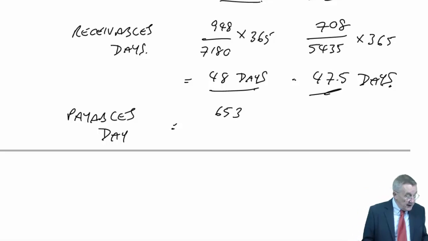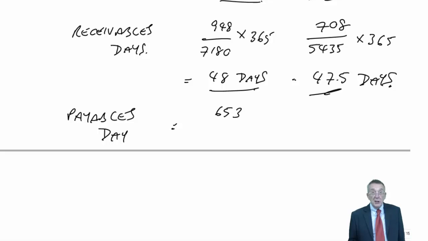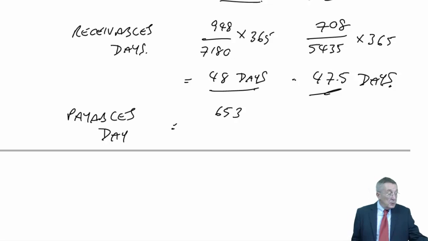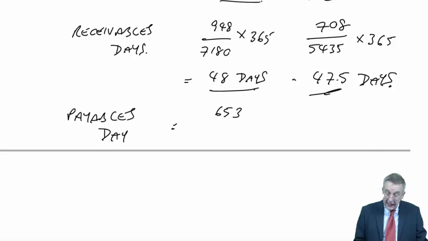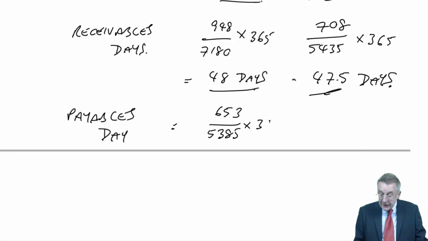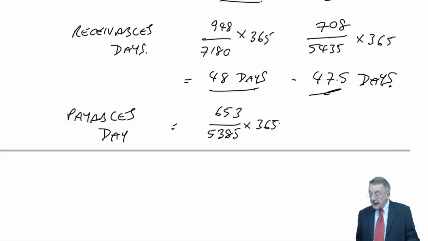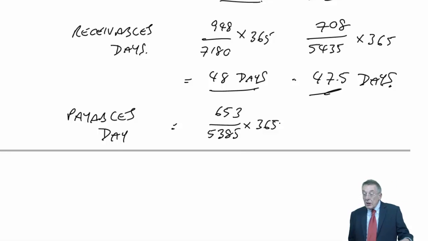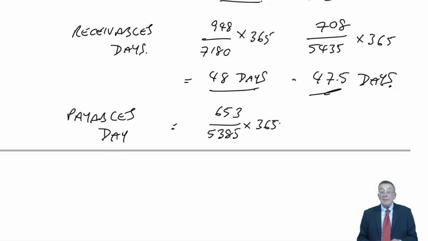And if you're given purchases in the question, you would use it. Here we're not. So all we can use, to be honest, is cost of sales, which is 5385. So it's not very satisfactory, but certainly in the exam, you would use cost of sales if you didn't have the information for purchases. But on that basis, it's